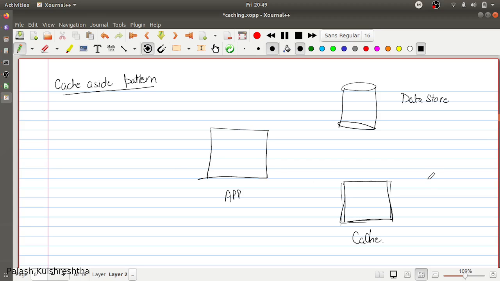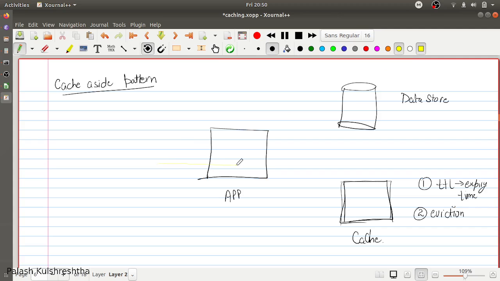So what you're going to do is you're going to explore the TTL, time to live. For example, whenever you are saving any data in the cache, you are going to set its expiry time. Another thing that you are going to consider is eviction. So let's consider these two cases one by one.